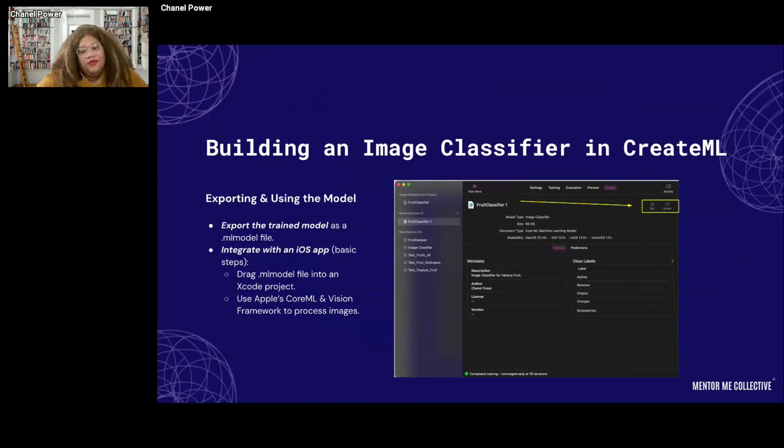Now, what does that look like when it comes to exporting said data or said model? You have the ability to do that right here. So you can either download the model directly into your file wherever you have your CreateML project, or you can just send it directly into Xcode. And why would one or the other be important? If you're working in a collaborative environment, but let's say you don't want to mess up any remote code that you and your partner may be working on, you have the ability to download it and then send that to